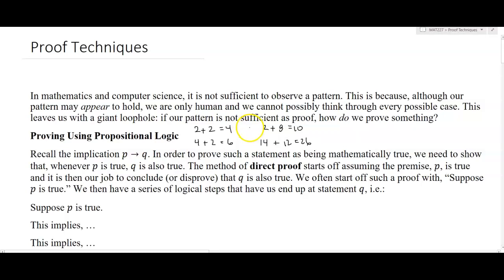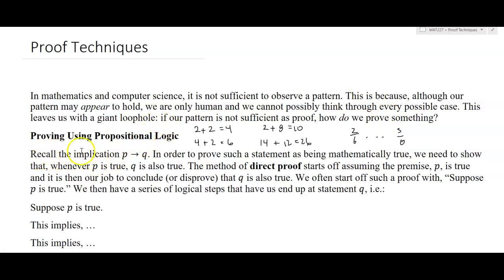We need to provide some sort of fabric without any holes in it that basically makes our logic foolproof and completely enclosed and sealed. So another claim a person might have is that you can divide any two integers that you want. For example, 2 divided by 6 gives you a real number. So the division of any two integers produces a real number. But then what if we forget about the situation where 0 is also an integer and you can't divide 3 by 0? So we've got to be very, very careful when we formulate our logic.